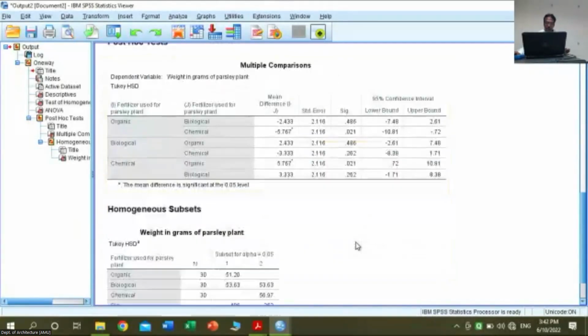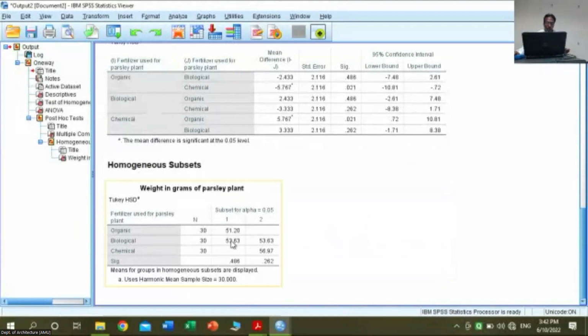So subset देखिए यहाँ पर फॉर्म हुआ होगा, organic and biological are same and biological and chemical are same. So here subsets are formed like this. So in this way you can apply your problem, you can transfer your problem in this problem. तो जैसे मैंने बताया कि अगर मटेरियल के स्ट्रेंथ चेक कर रहे हैं, 3 टाइप्स ऑफ मटेरियल यूज कर रहे हैं, तो उसको अलग अलग जगह पर लगा के उनका मीन स्ट्रेंथ आप चेक कर सकते हैं. ठीक है,